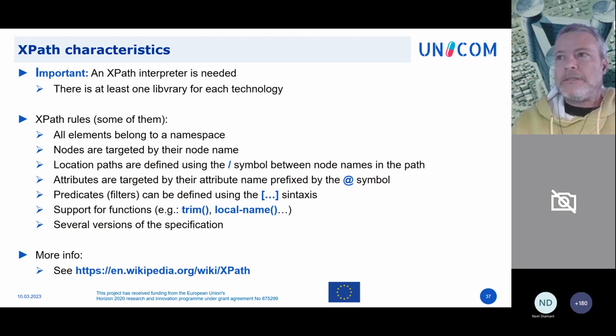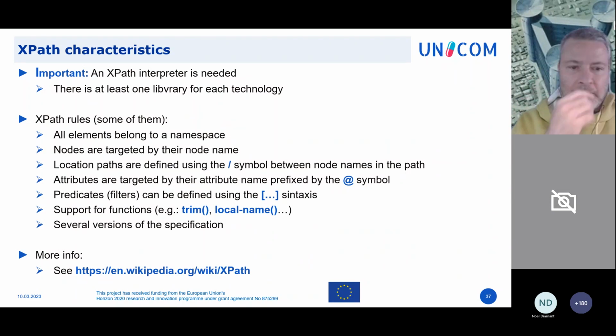In terms of rules, some basic ones. In XPath, all the elements inside an XML document always belong to a namespace. This is the first rule to keep in mind. To indicate a node, you must use the node name.